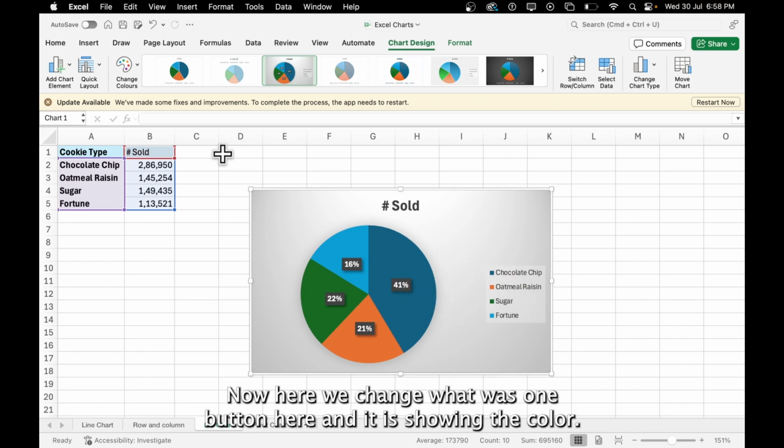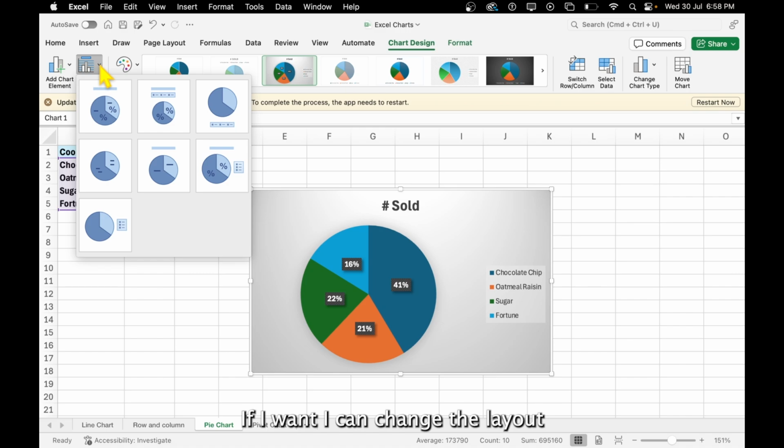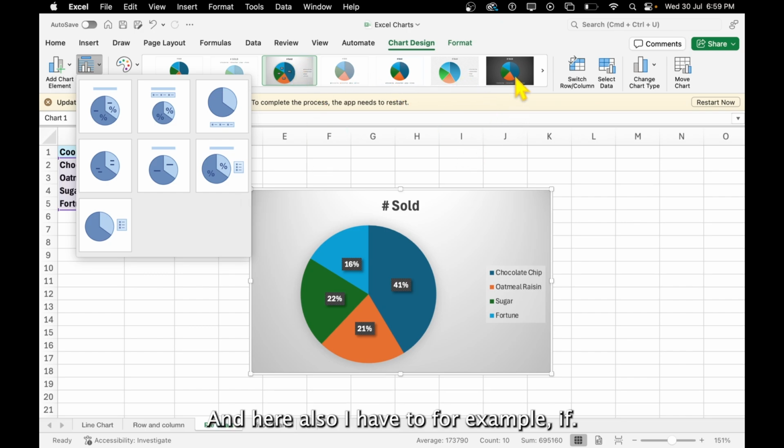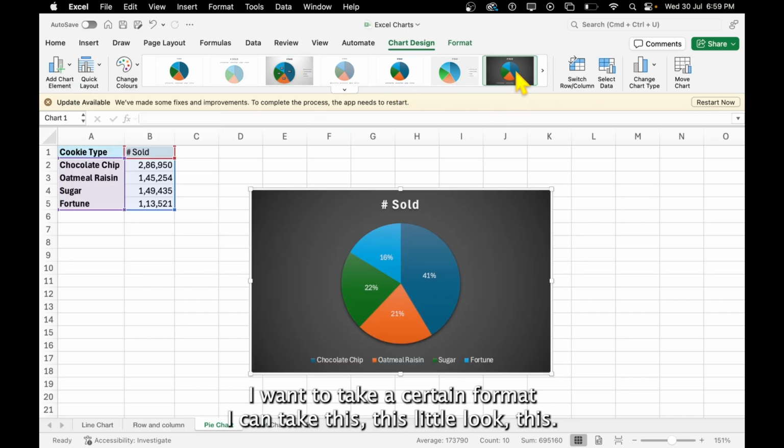And it is showing the color. If I want, I can change the layout. The percentage I have already used. So whatever format I want, I can change that. And here also I have the format. For example, if I want to take this as a format, I can take